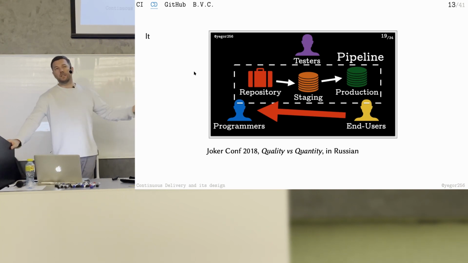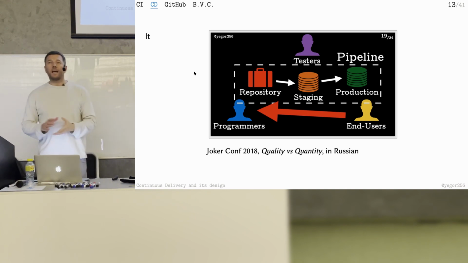So this is called a continuous delivery pipeline. A pipeline is like steps which ideally should happen automatically in order to get the product from the hands of developers to the hands of users. And there is a big red arrow, which demonstrates that we have to have instruments, tools and processes configured in such a way that they prevent the code from going in the right direction and try to push it always back to the left direction.